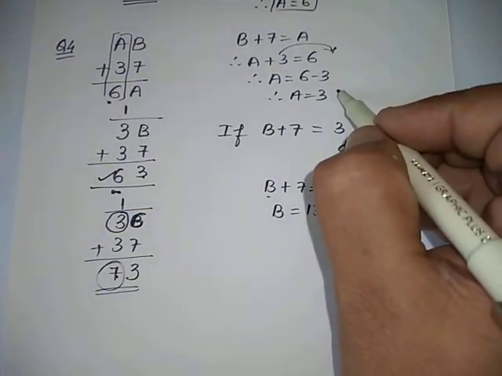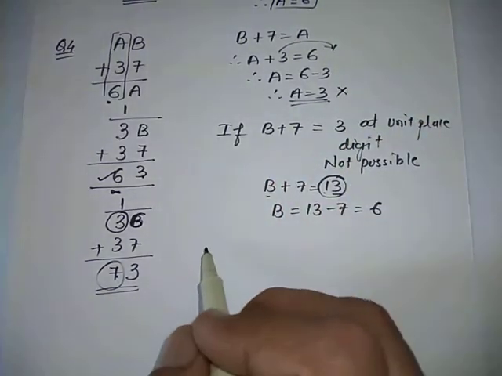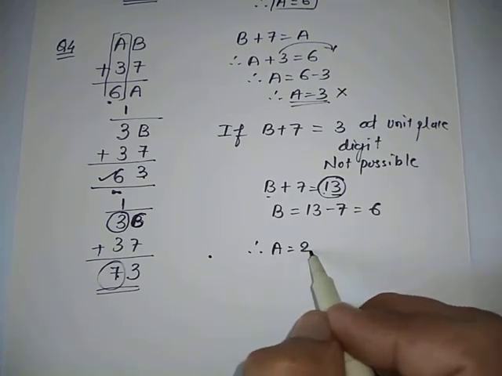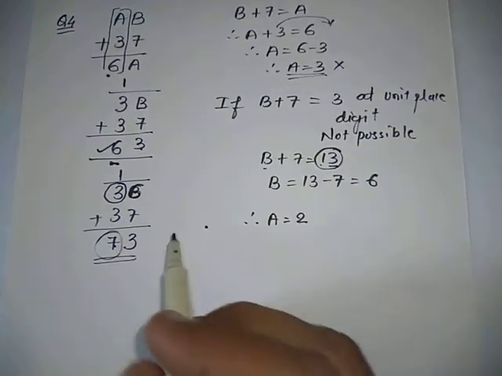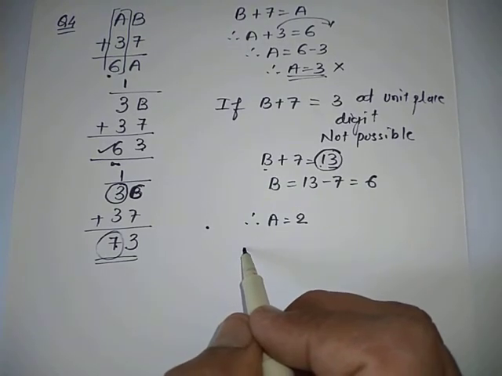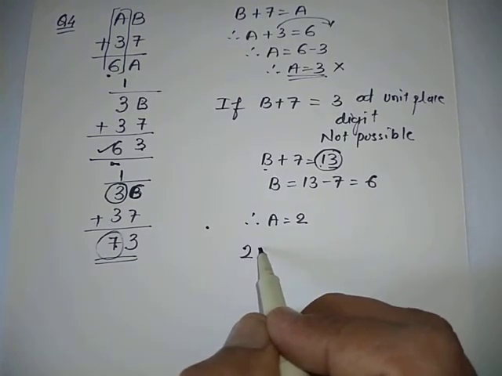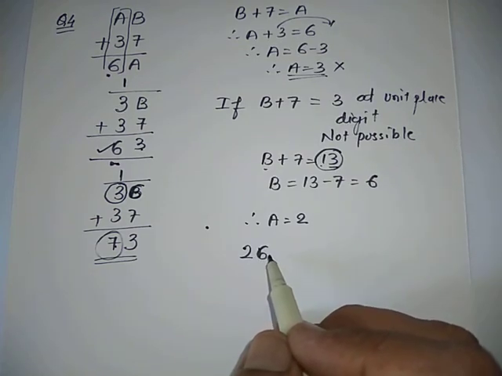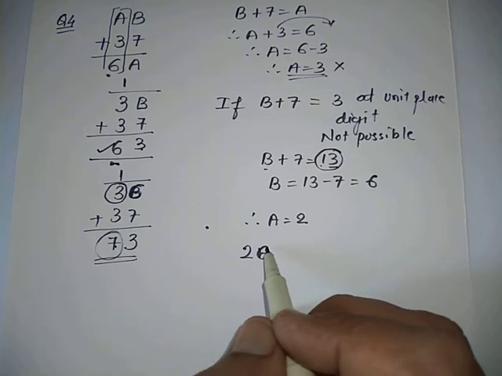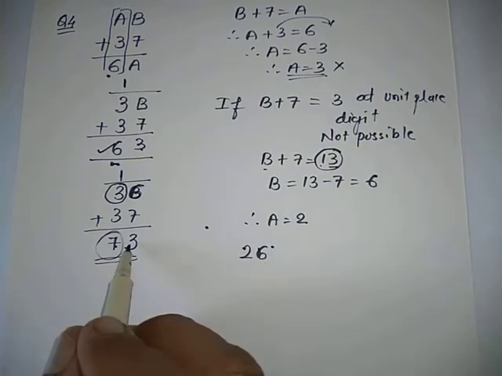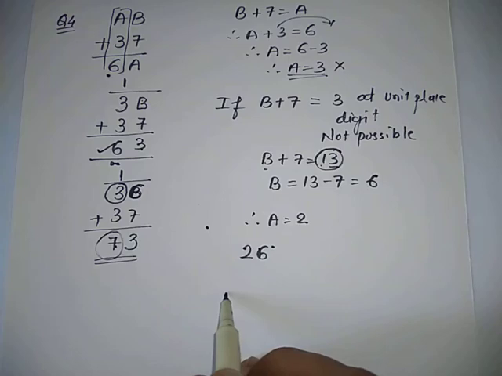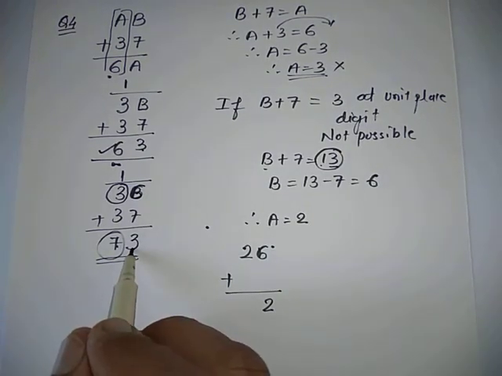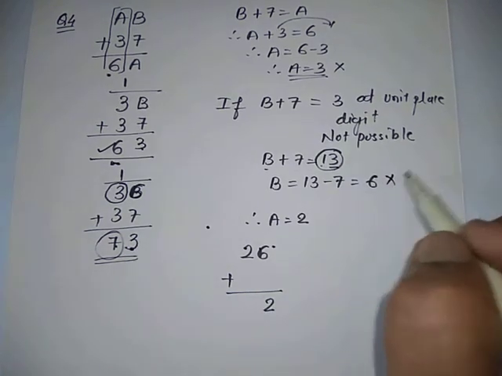So to make it exactly 6, I need to change the value of A. So A is equal to 3 is not possible. So I will take A is equal to 2 to make that exact one. So B, I am taking the value as 6. Now if I take this 6, what comes here? Here also I need 2 in the answer, but now 3 was coming in the question, again a blast. So B is 6, not possible.